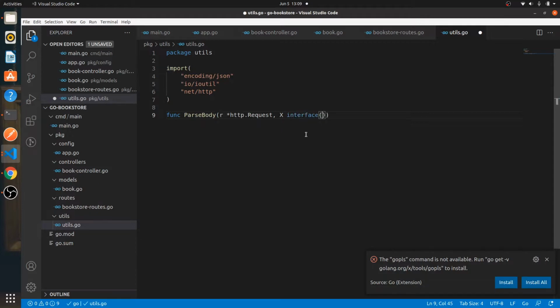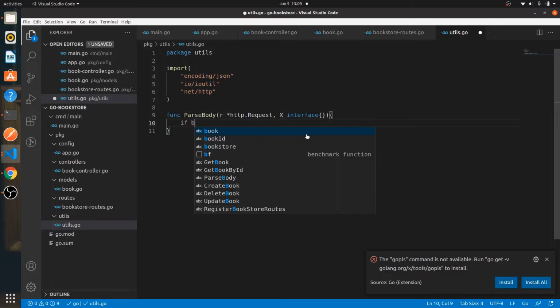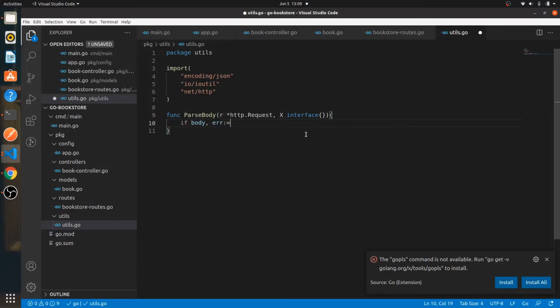I'm sure you know the basics of how interfaces work. So we'll say body, err equals ioutil.ReadAll. We're just reading the body. And if there is no error, so err equal to nil, then we'll say err equals